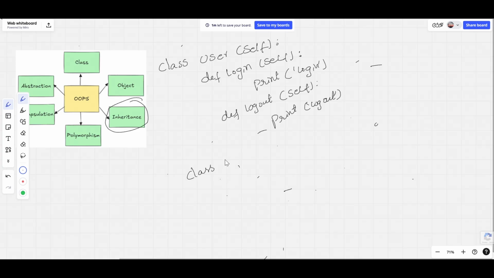He also needs to log in and log out of the website. So I'm inheriting the User class into the Student class here, and inside this I'm writing a function for view courses.